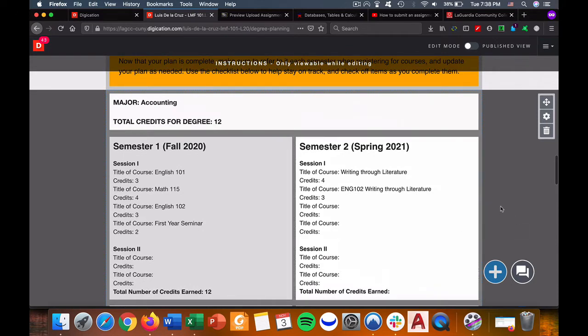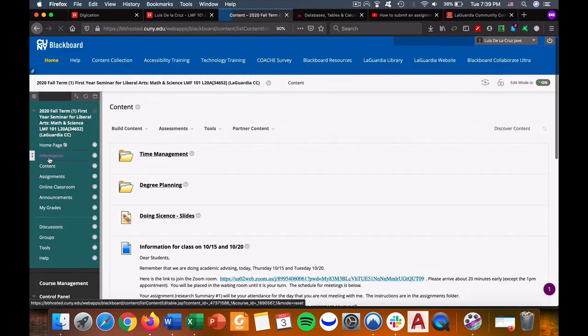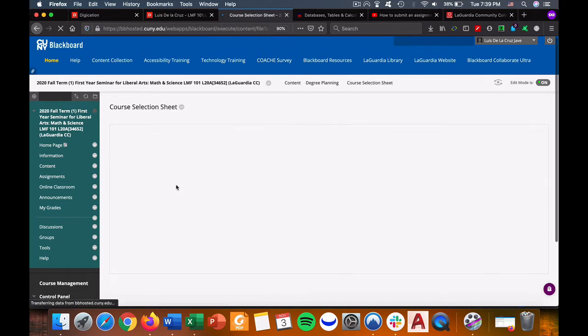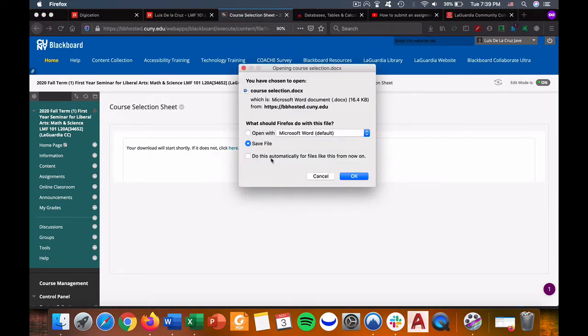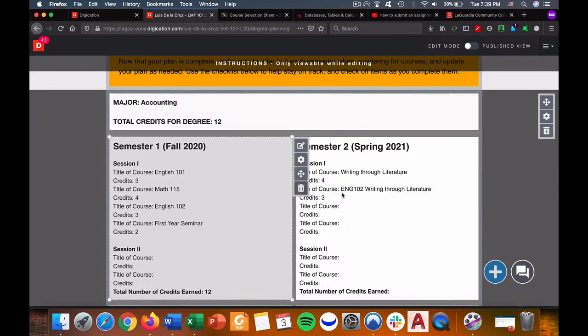So I'm going to show you how you do it. You're going to go to Blackboard, and then you go to Content. In Content you go to Degree Planning, and then Course Selection Sheet, and then you will download that file. In class, the professor in the lecture class explained how to do it. So what you're going to do is go back to your portfolio,